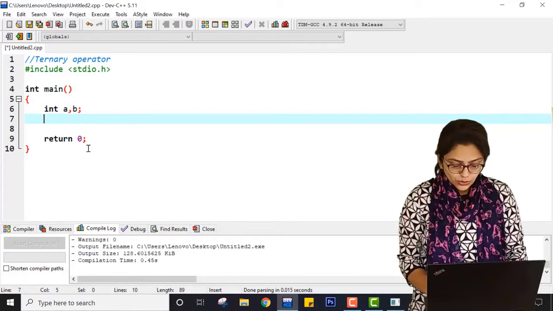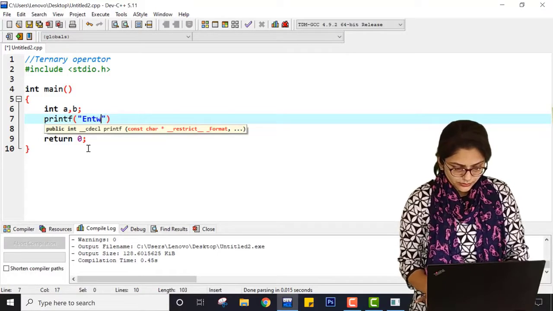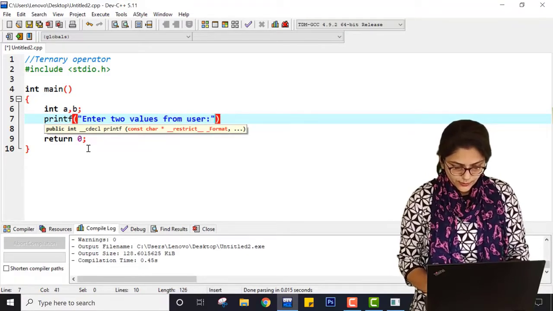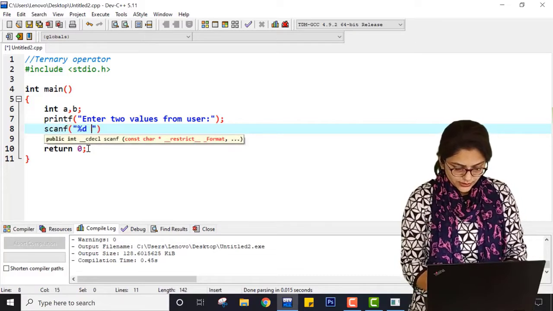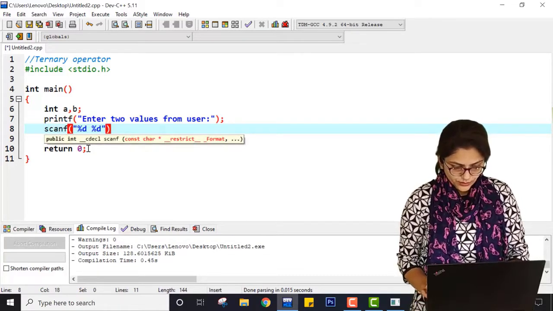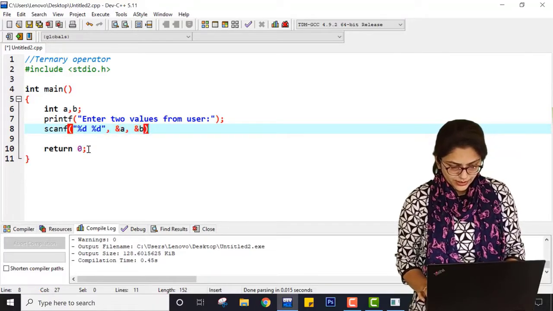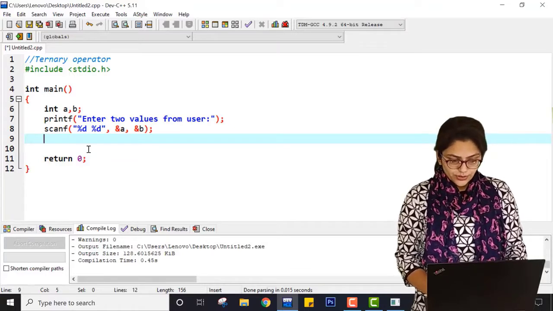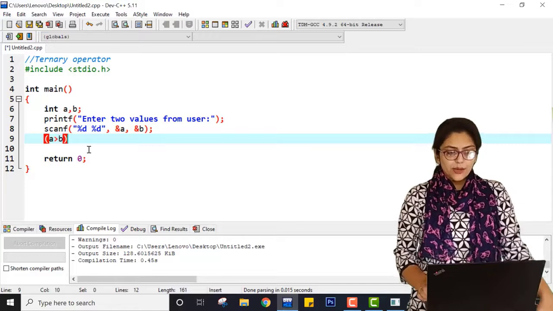So I am taking two values from the user, using scanf with %d for A and B. Here is how I can use the ternary operator. Here the first expression is A greater than B.